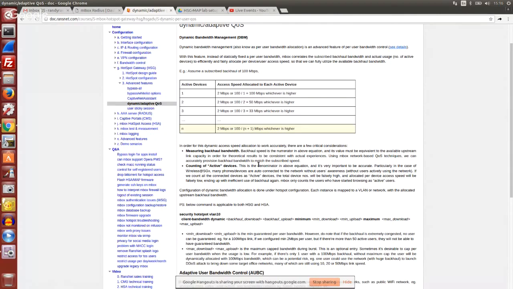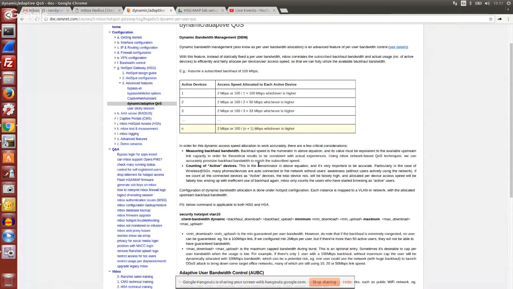Because in an open SSID environment, an open Wi-Fi environment, there can be a lot of users associated to the Wi-Fi, but they don't really use the network. So we don't count them as active users. Otherwise, the number of active users would be too big, and it is meaningless to do dynamic bandwidth control, because everybody will just be getting the minimum speed anyway. So the dynamic control is really to allow users to burst when the network usage is relatively low. But if the network is always high usage and busy, you probably won't see much